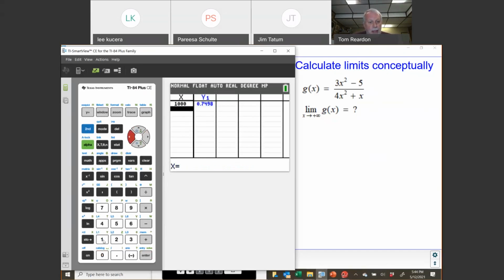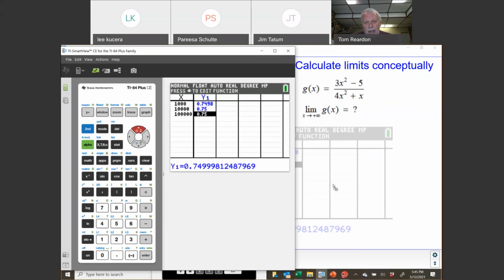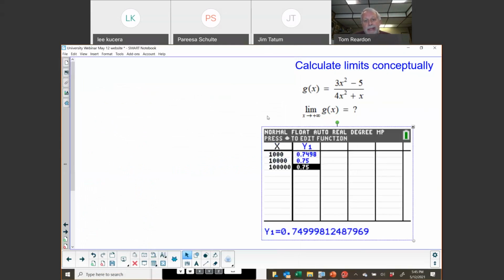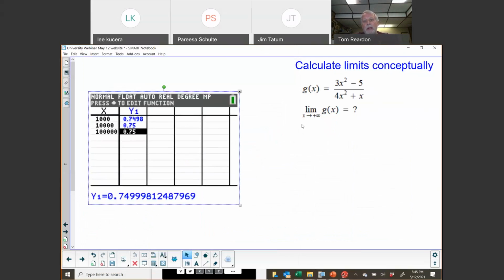Okay. And then maybe 10,000. And maybe 100,000. Now it looks like it's 0.75, but it really isn't. It's just getting very, very close to that, okay? And so now the students intuitively can see as x gets really, really large, this gets really close to 0.75,